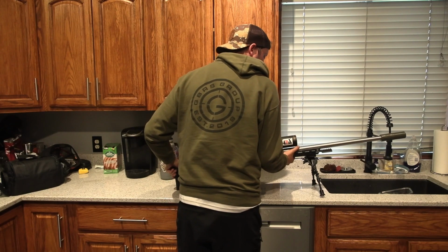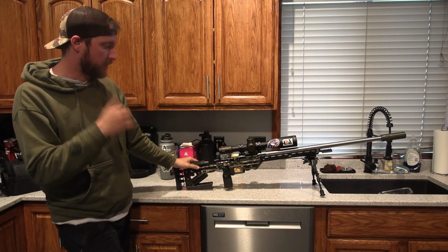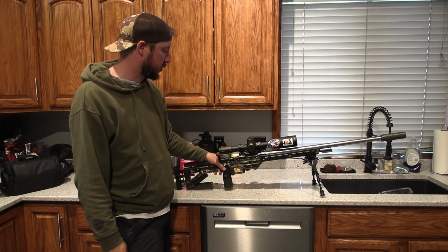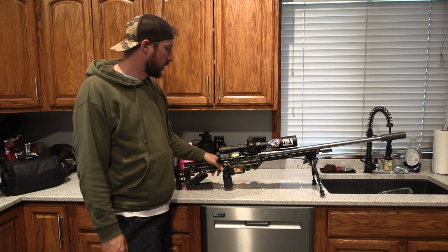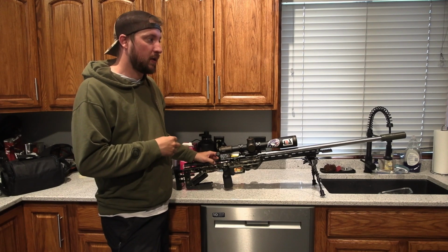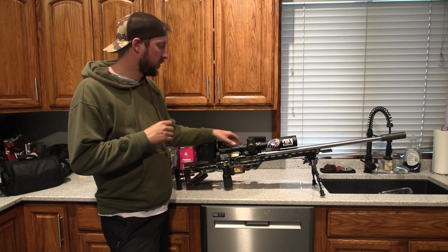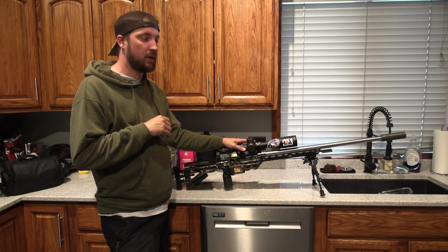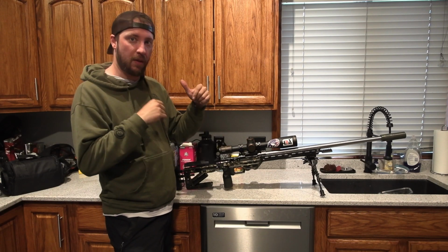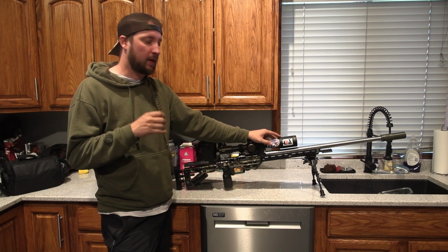Just for this example, I had pulled my length of pull a little bit longer so my finger was where it needed to be. I'll reset this here and run a slightly shorter length of pull. The reason being, and I've been doing this for 7 years now in the sport of shooting, is that if the length of pull is slightly too long, on some positional shots, to keep that zero muscle tension position where you're not putting wobble into the gun, which is highly underrated,